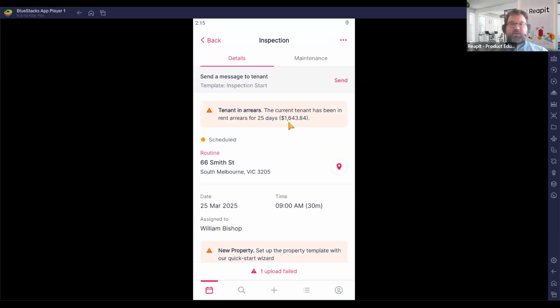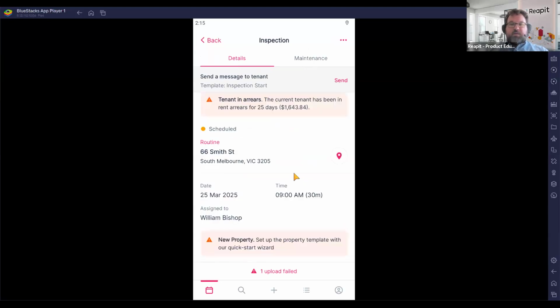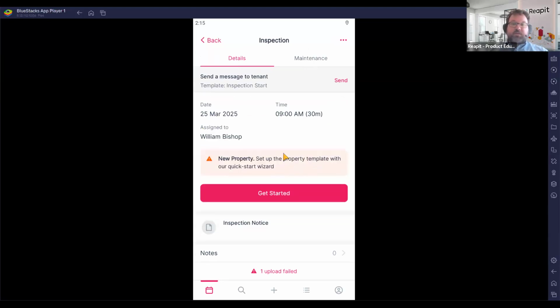If the tenant is in arrears, you'll be able to see that through there. Obviously, that's a little more than we'd expect, but it's a training system. And as we go down the page, we can also see that this is a new property and it's warning me, letting me know that I'm going to have to set up an inspection template for this particular property